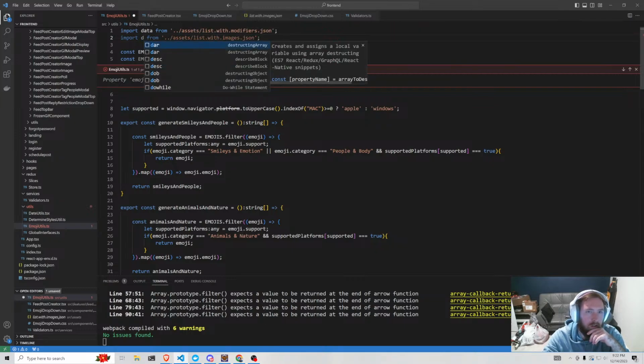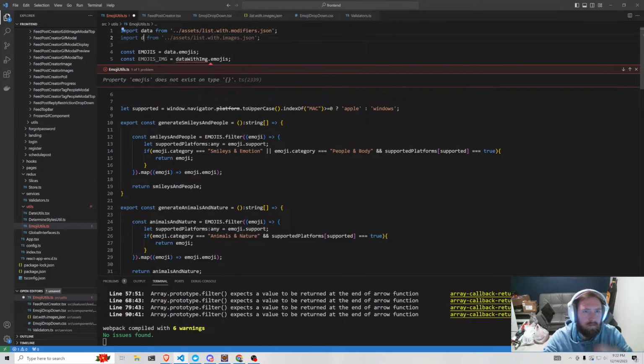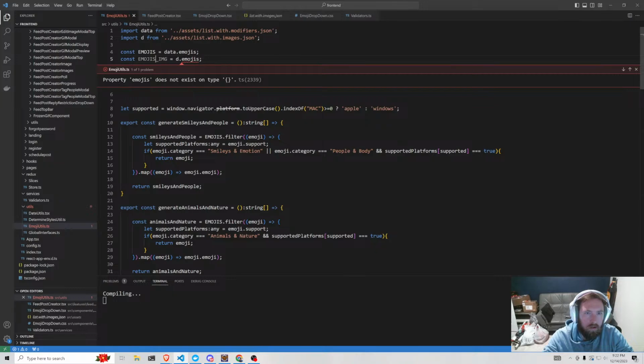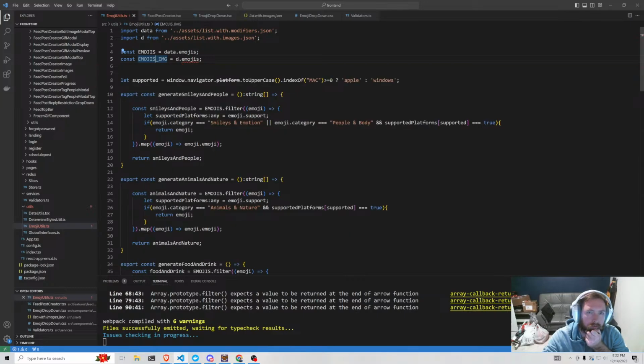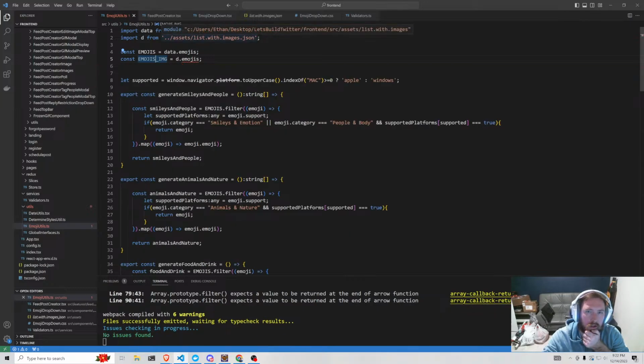What am I missing here? I'm missing something that is probably obvious that I can't figure out right now. This with images.json. It's there. Like,